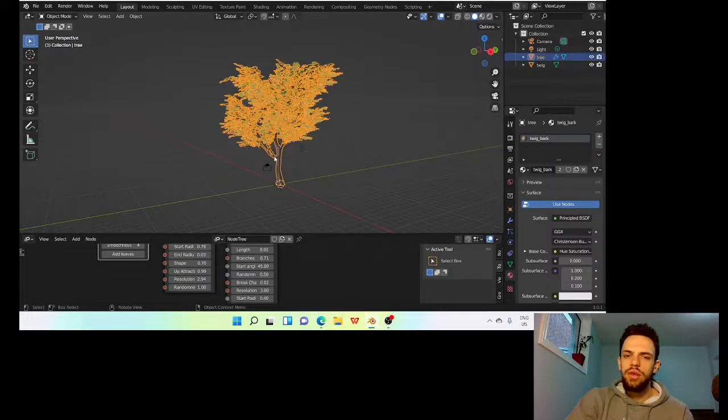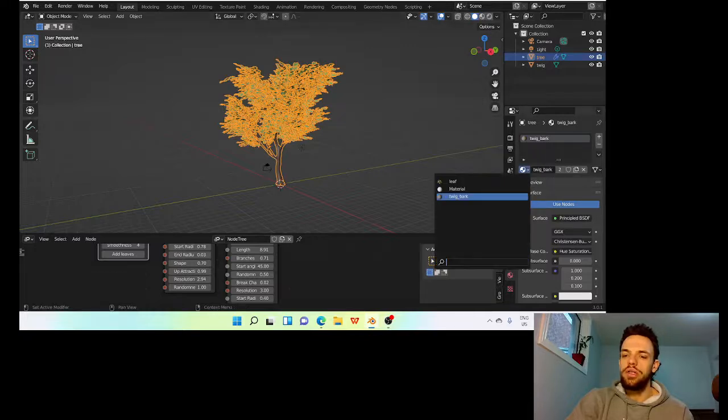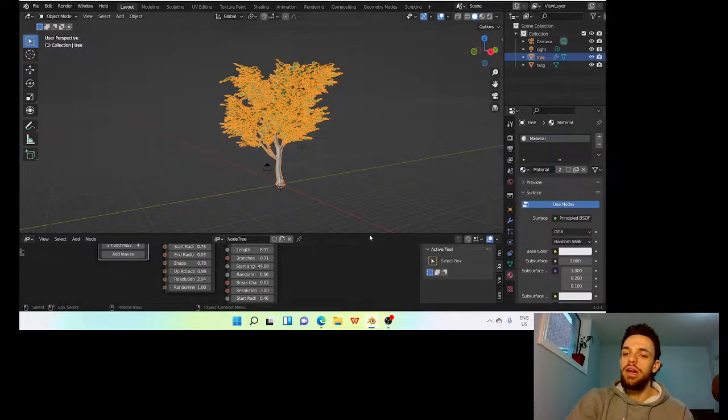Again, the older version of mTree did have some loaded bark textures. They were pretty cool, but again, I like making my own textures. I think it's a little more unique and creative, and so I'm going to show you how to do that as well. So I hit a new material,